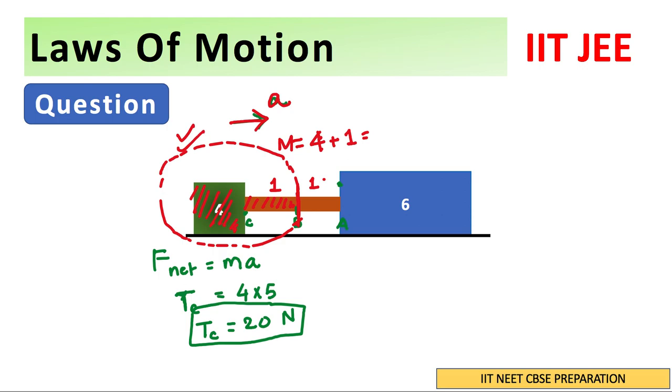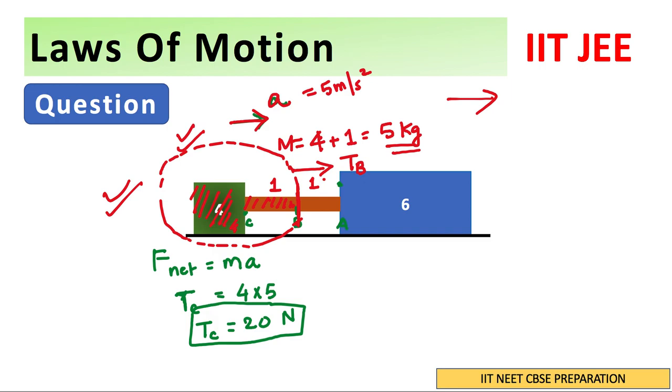So our system, half of the rope, right? So it becomes 5 kg. So 4 kg block and half of the rope. So that becomes 4 kg plus 1 kg, 5 kg. Acceleration we already know is 5 meter per second square. And what else do we need? So now we have to find out what are the forces on this. So there is only one force, and that is tension TB. This is the only force that is acting on this system. There is no other force, and the system is moving in this direction. I'm talking about the new system that I have marked in red, the 5 kg block.